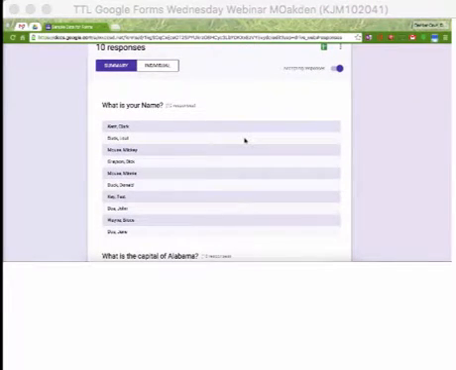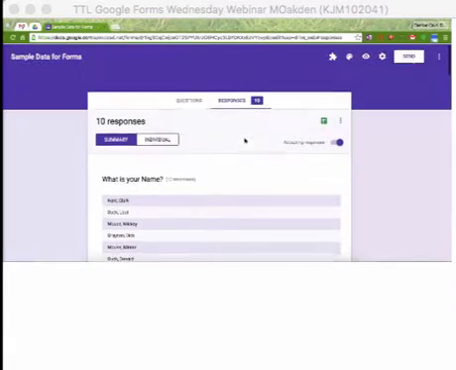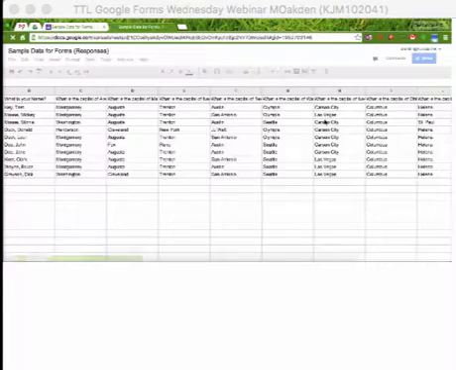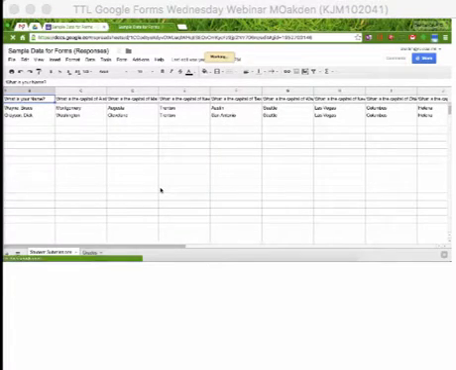So you'll notice that there are 10 responses here, and a question that was asked in the forum is whether or not the test can be graded, and it can. So I'm going to go ahead and generate a spreadsheet, and here's the spreadsheet. And in order for me to grade this, I'm going to need to add what's called